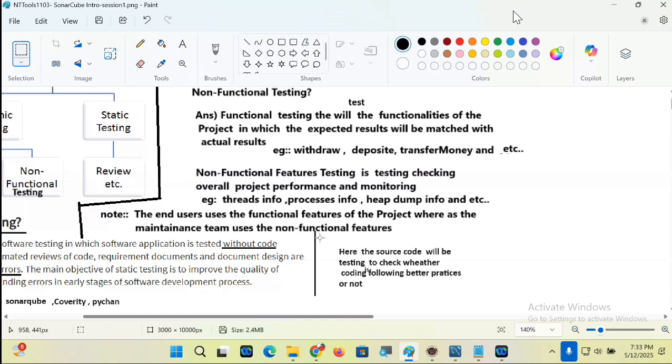The maintenance team's responsibility is that the project is always running smoothly. They need to deal with heap information, objects information, X memory information, Y memory information. A lot of details are required.